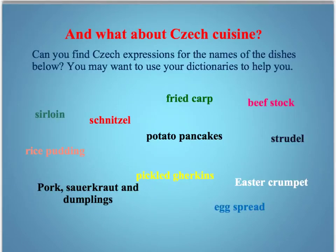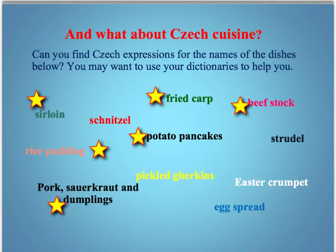And what about Czech cuisine? Can you find Czech expressions for the names of the dishes below? You may want to use your dictionaries to help you. Beef stock, fried carp, sirloin, rice pudding, potato pancakes, pork, sauerkraut and dumplings,